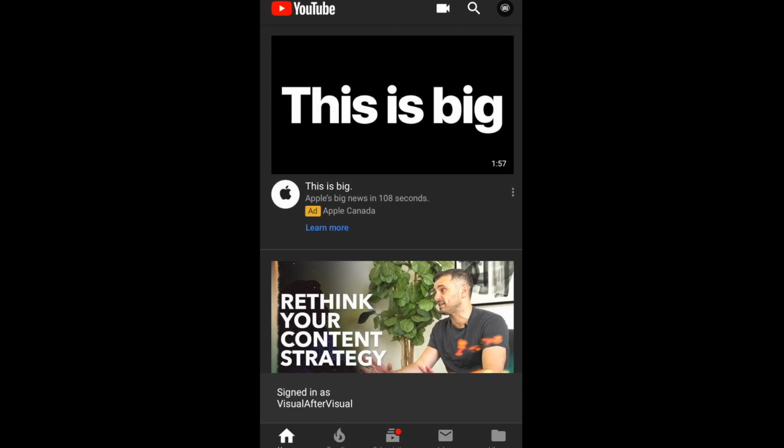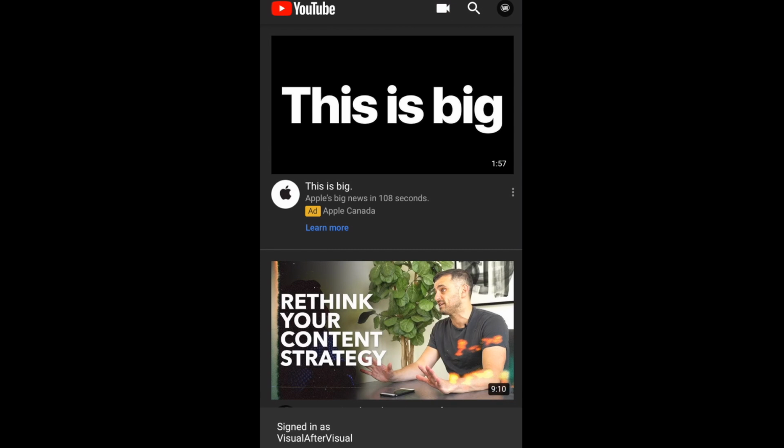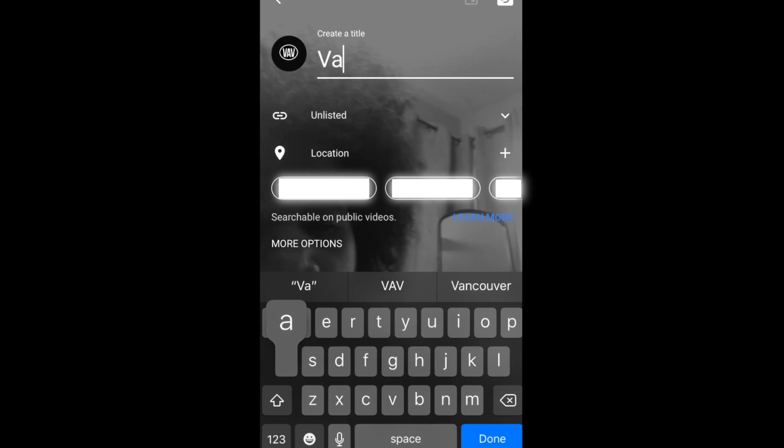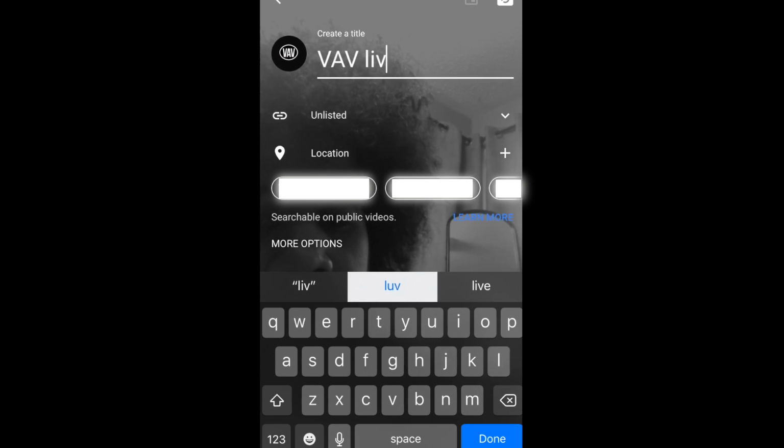So now once you have opened up your YouTube account, you can hit the camera button at the top right. It's gonna bring up your camera roll, and you're gonna have a record button on the left and the go live button on the right. So we're gonna hit go live, and now you're gonna be prompted to create a title and set it to